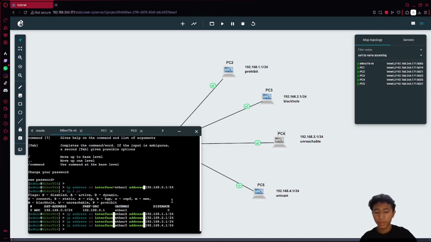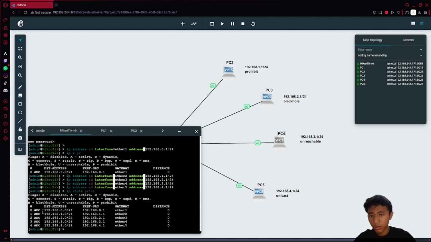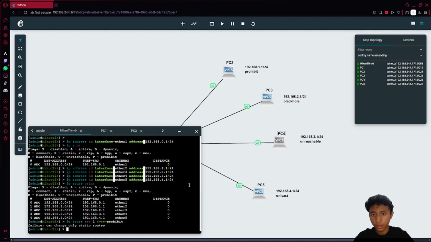I use the command IP route print. So in here, all of these are directly connected. And for the configuration, I will use IP route set type prohibit. Oh, sorry, because it cannot be changed, I will add a static route first.